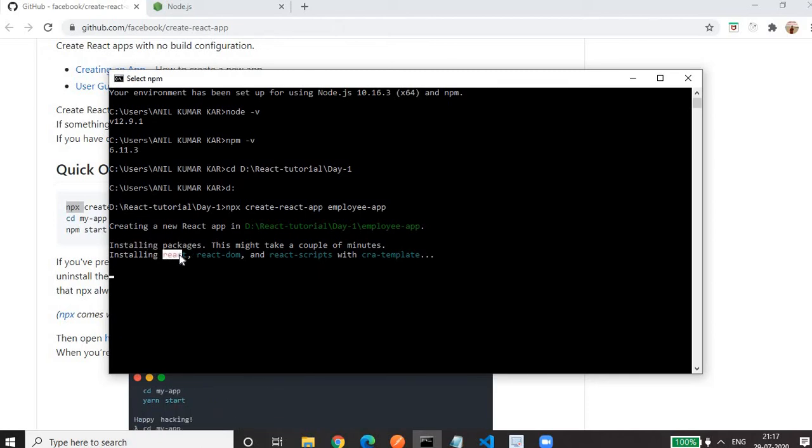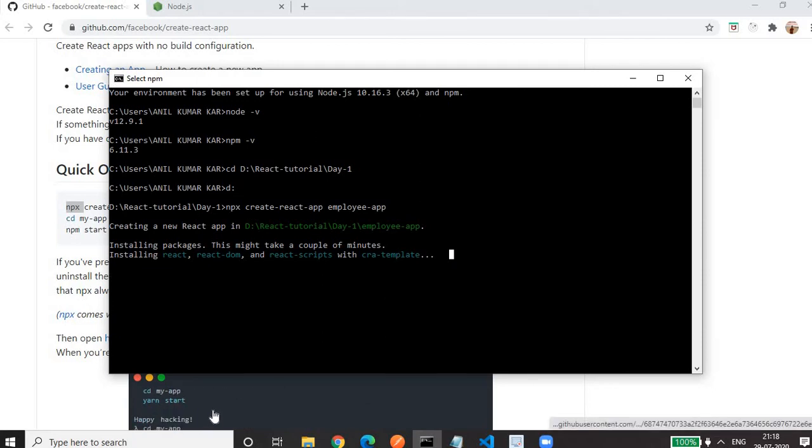And it will install React that we need for compiling our JSX code. We'll come to the JSX code in our second tutorial. It will install React DOM that is needed for rendering our application. It will install react-scripts that is responsible for installing the packages such as Babel, web server, Webpack. So this will take a couple of minutes. You don't have to worry, we just have to wait.